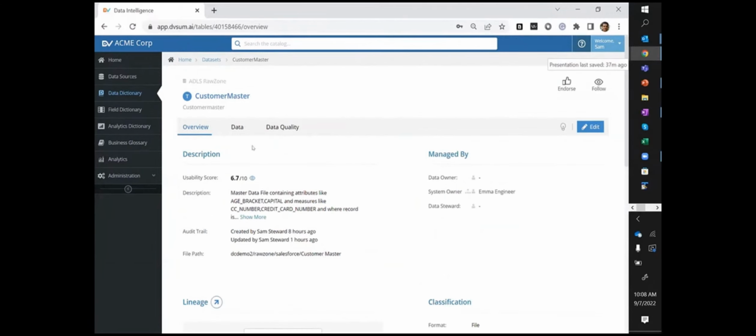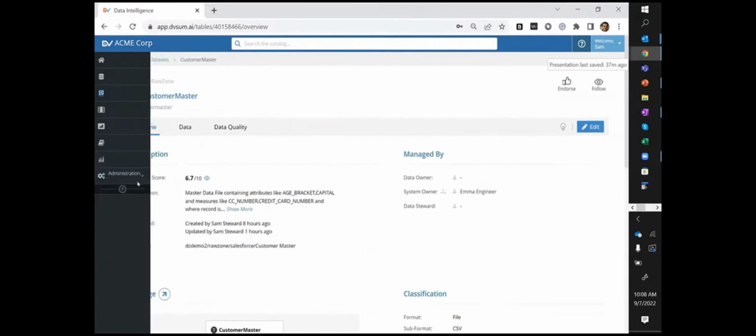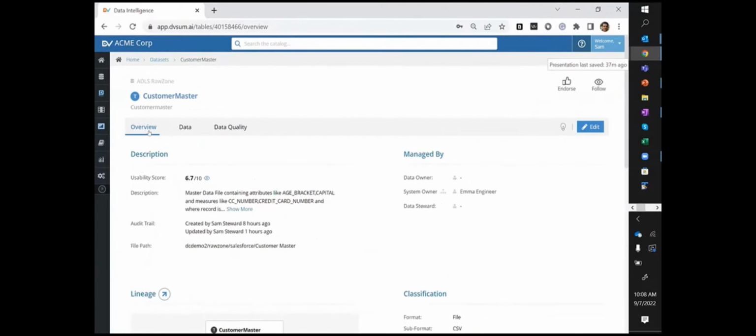First, and this is all out-of-the-box information. First of all, this is the catalog page of the object. We have the description. In this case, because there was no description available, it tried to create its own description, or curate that information. We see who the information is managed by from an ownership standpoint. Data stewardship is not